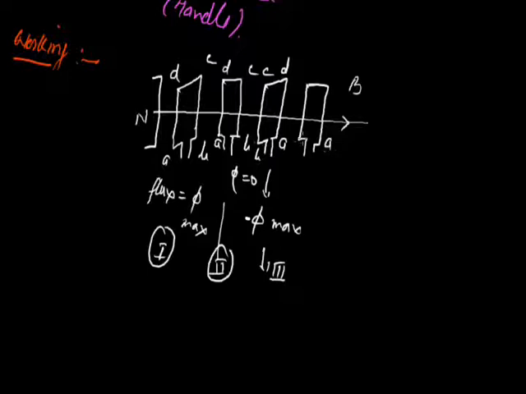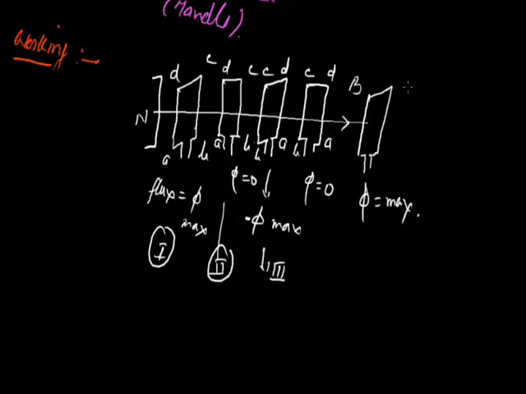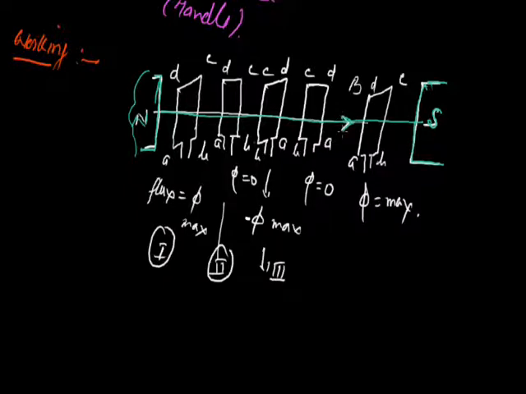Here is A, here is B, C and D. Again flux will be 0. Now when it is rotated by 90 degrees again, it will be in this way. Here phi will be again maximum, and here will be A, B, C and D. Here is the south pole, north pole. This one is the south pole. The direction of the magnetic field B is from north to south.